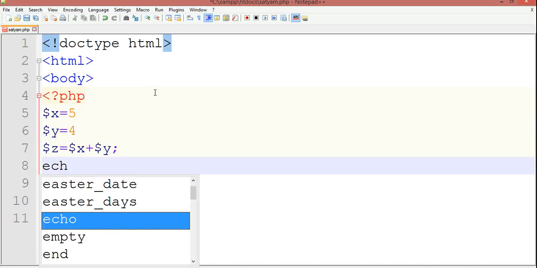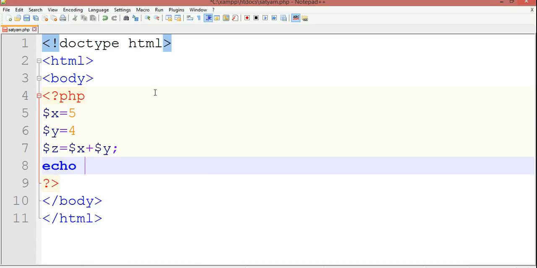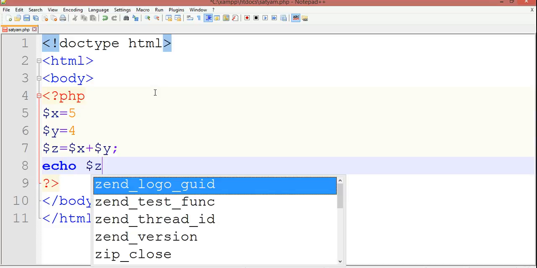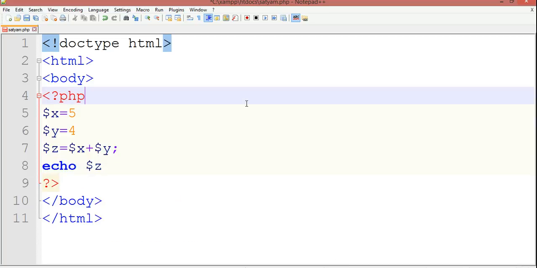You should know that echo is not case sensitive. So here, the dollar sign, and we use z. I hope it works. Let us save it, and 5 and 4 should equal 9.